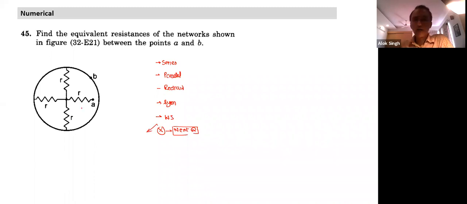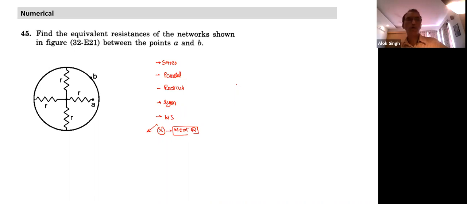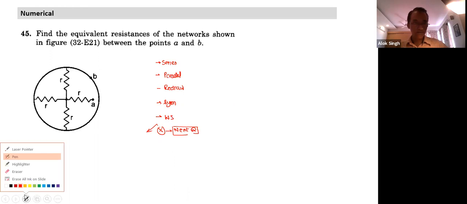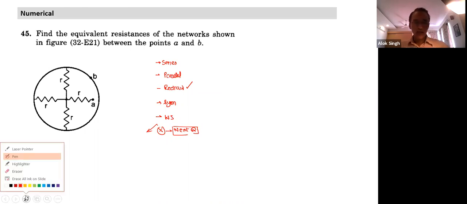Okay, so which method do you use, Pranav? Symmetry, probably. Do you see symmetry here? No. So which method do you use to solve? Think of which method to use. It looks something like this. Whenever a circle is drawn like this, there may be some parallel circuit, but it is not visible.